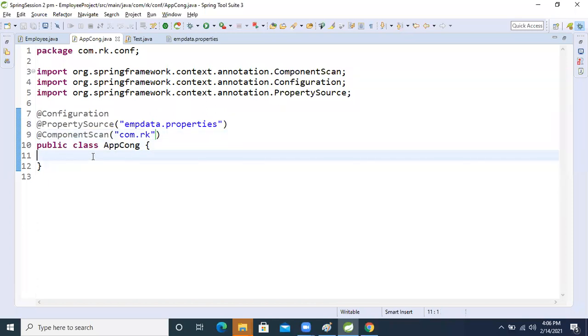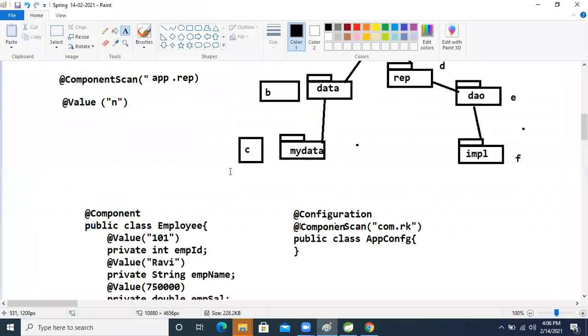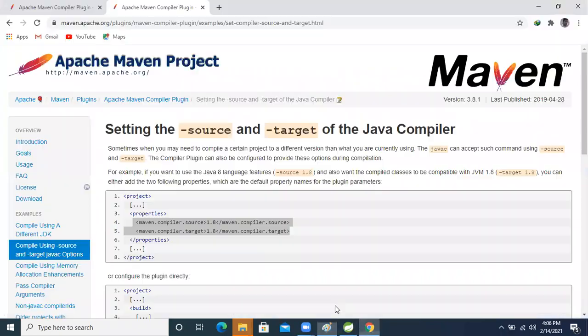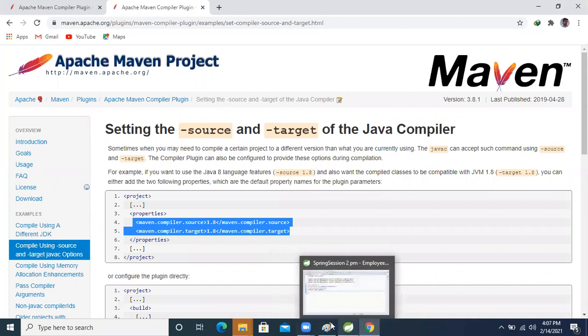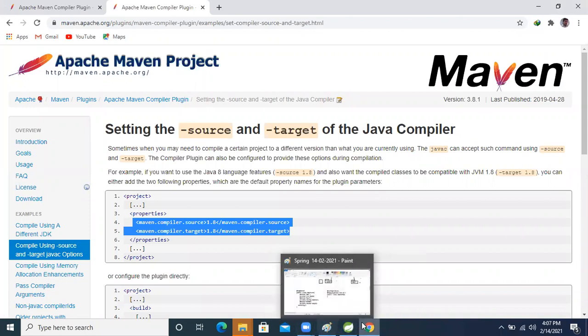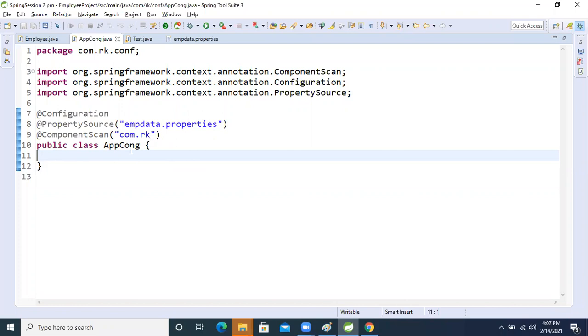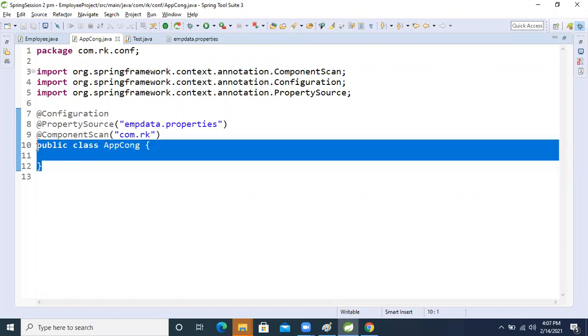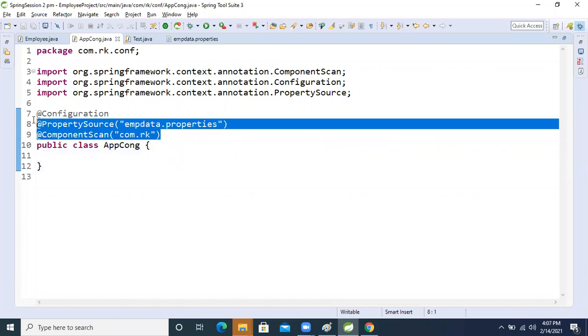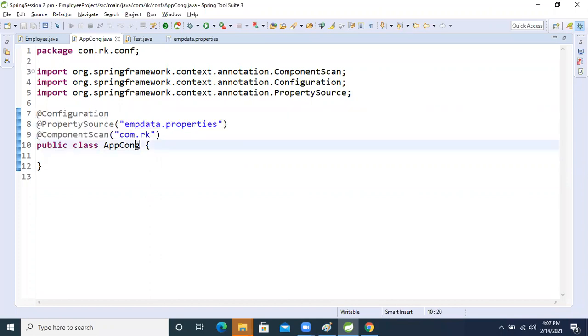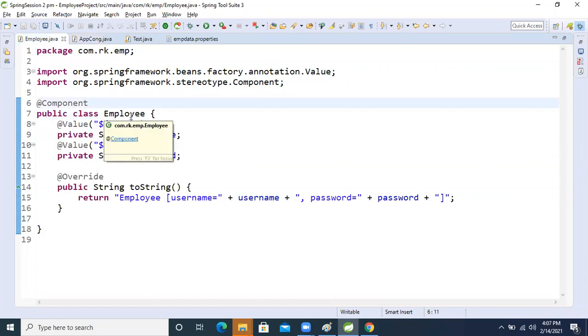See, at that time we got the property using the Environment we created here. In this one, I have not mentioned those things. The code here, inside the class, I'm not doing anything. I'm just applying this annotation on top of the configuration, and all of it is working fine.